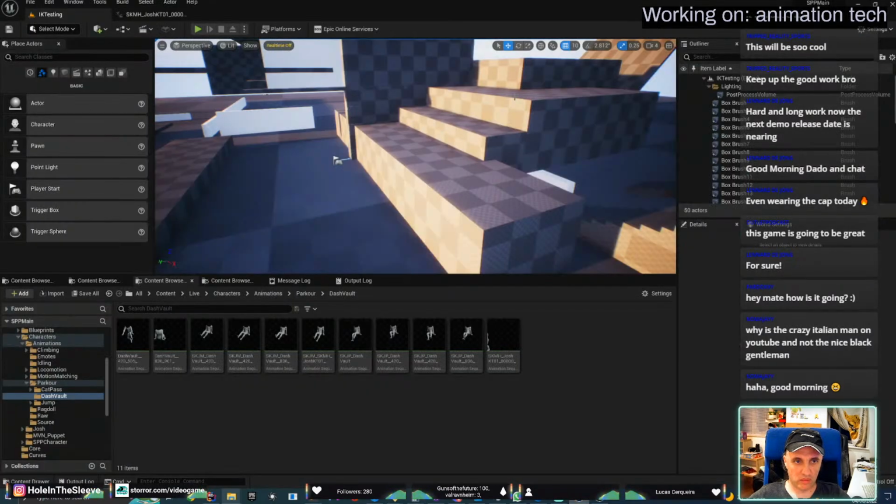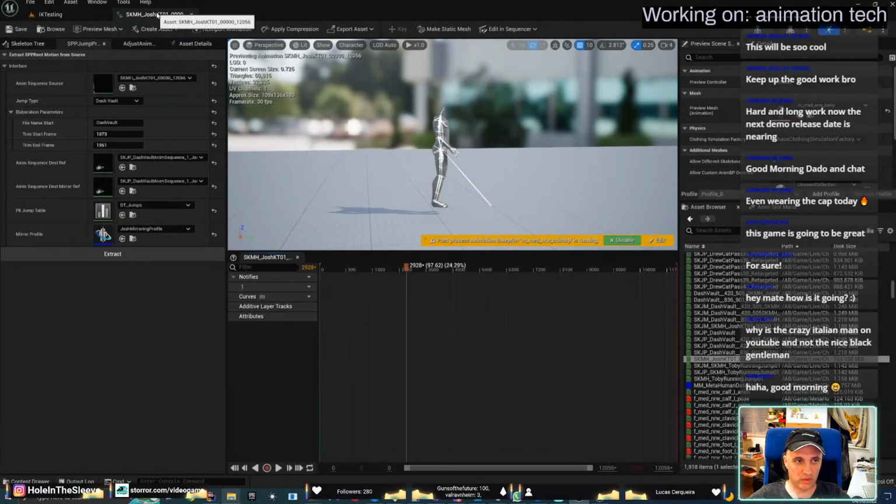Let's try again. Extract. Need to debug when it's slowing down.